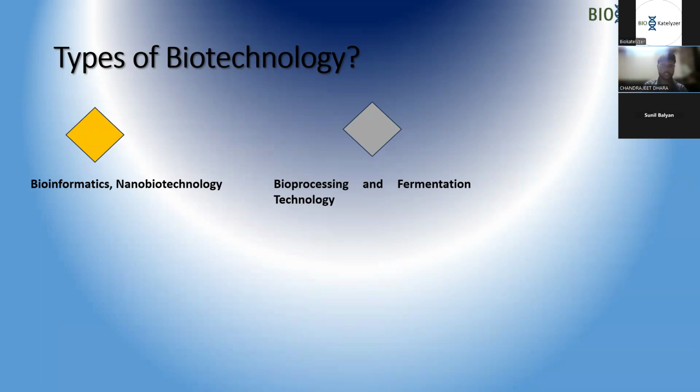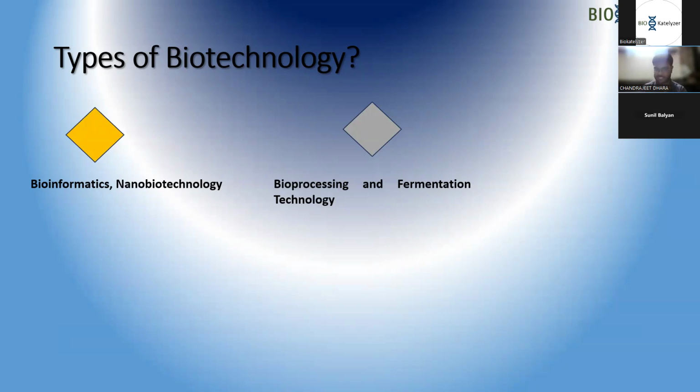When we talk about bioinformatics in detail, then I'll make you understand what the different aspects of bioinformatics and nanobiotechnology are. Nanobiotechnology is a very complex field and a very, very important field. Nanobiotechnology is basically the study of particles of nanometer scale. When we are studying particles whose size is 1 to 100 nanometers, that field is called nanobiotechnology.